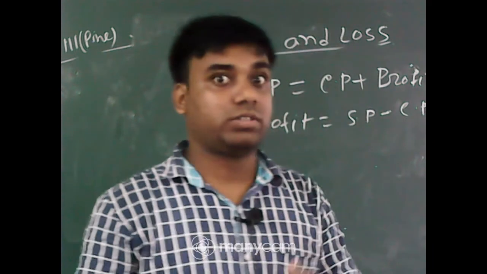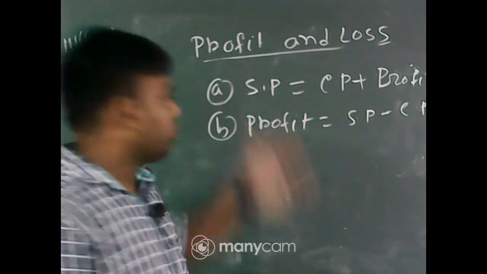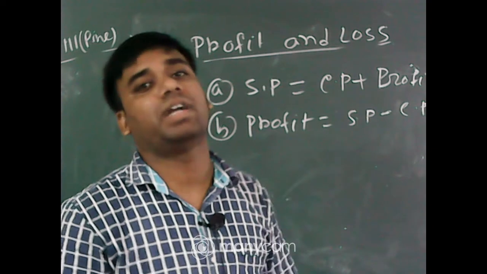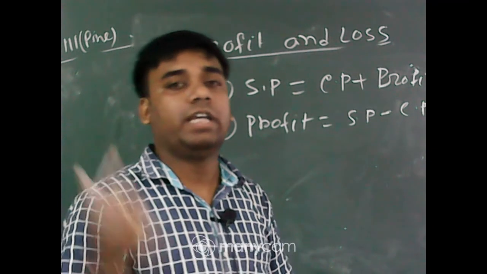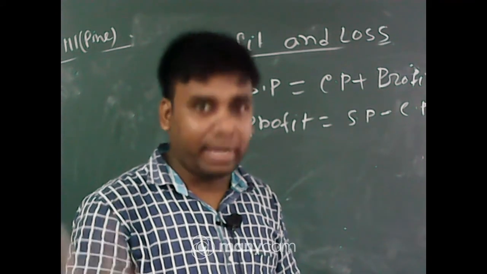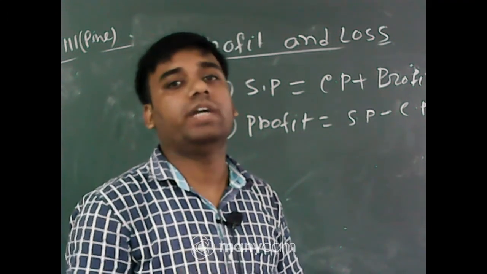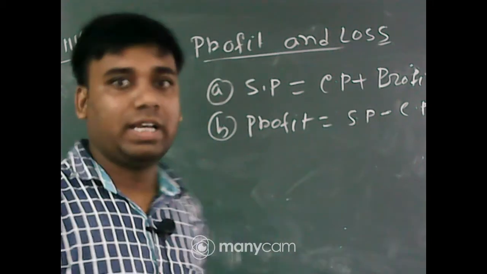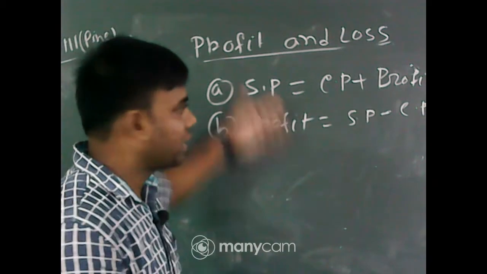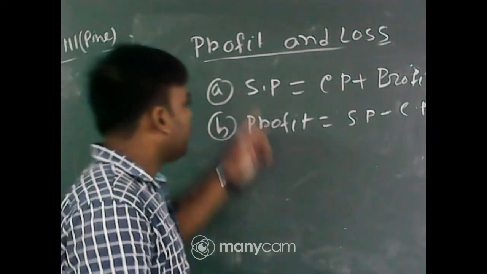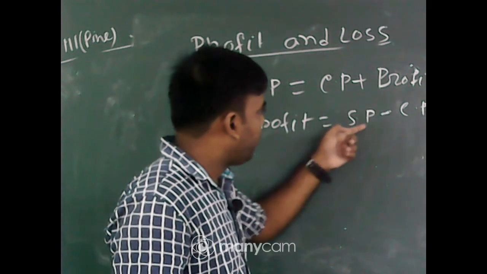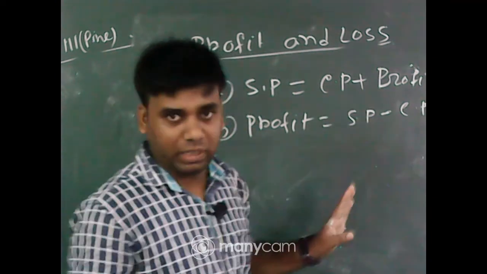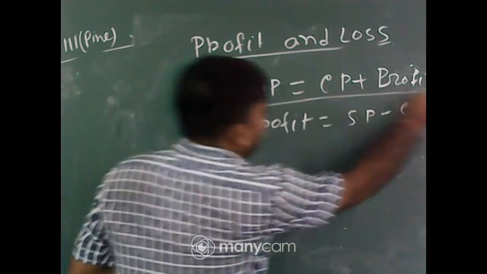Two options are correct. Yes, Chandranath, very good. Both the options are correct, and almost 99% of students have given the answer option A. In class 8, only Chandranath has given the answer that both the options are correct. Look at the board. We know the formula, profit equal to SP minus CP. That is the formula we have already discussed.